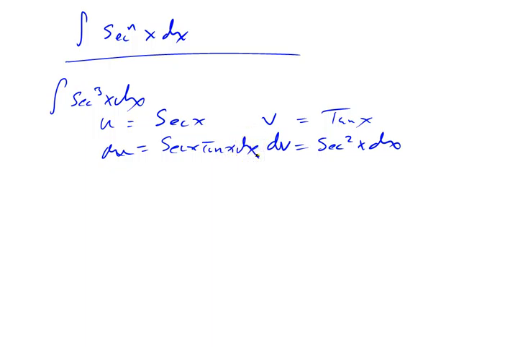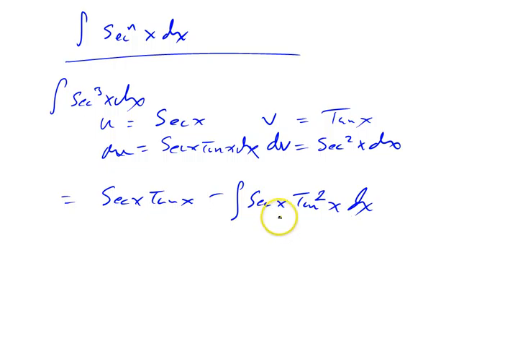So then, integration by parts, I started with u dv. So this is equal to u times v, secant x tan x, minus the integral of v du. So that's minus the integral of secant x tan x, and then I got another tan x, so why don't I make that tangent squared x, then dx. Okay. So what I do now